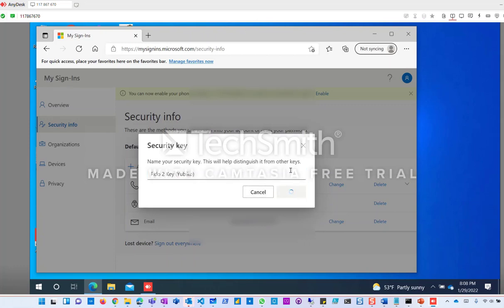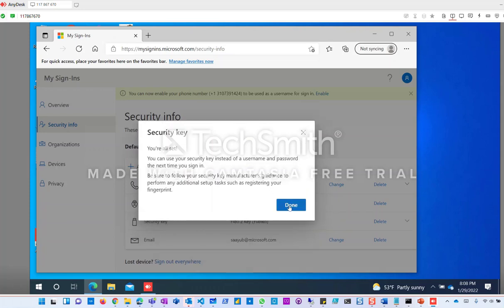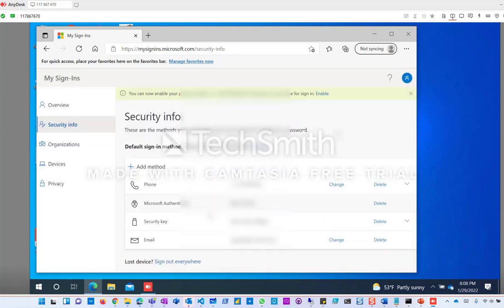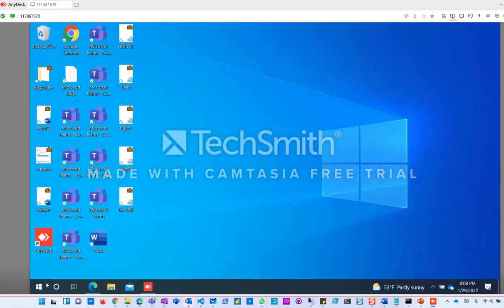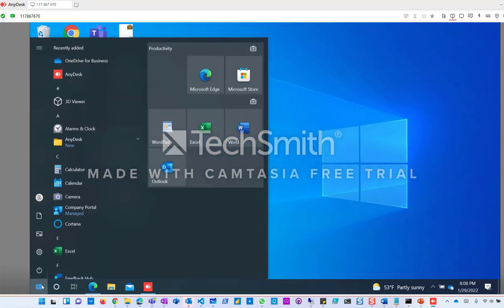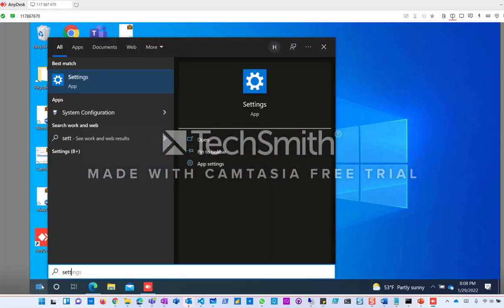Okay, hit next. And I'm all set. So that's the one place to register the key, and I already did that. I have the Yubico FIDO2 key registered with my account. Now the second place to register the key and the fingerprints is with the machine that you will be logging into. So let's go to settings